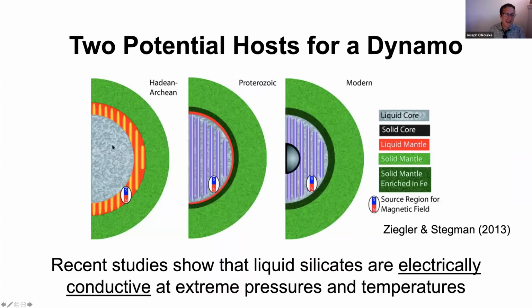Okay, so I should say that what I just said on the last slide is like the standard story for the dynamo on Earth, which is that the reservoir of conductive fluid is the core. This basal magma ocean hypothesis for Earth is really intriguing because liquid silicates in the basal mantle, it turns out, are electrically conductive. So if you melt a rock, if you look at magma or lava on the surface of Earth today, and you measure its electrical conductivity, it's extremely low. You wouldn't have a dynamo because of lava on the surface of Earth. But when you squeeze liquid silicates to extreme pressures and you heat them up tremendously, their electrical conductivity increases by a few orders of magnitude.